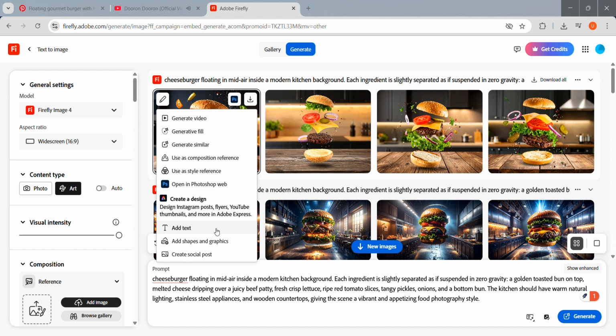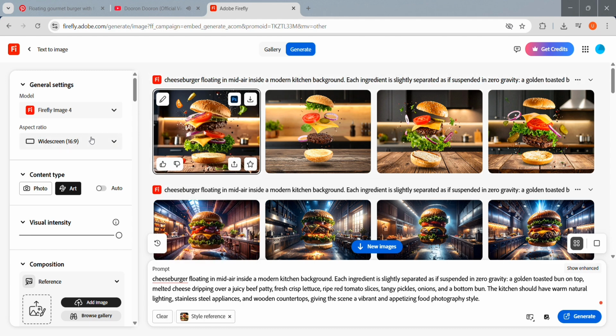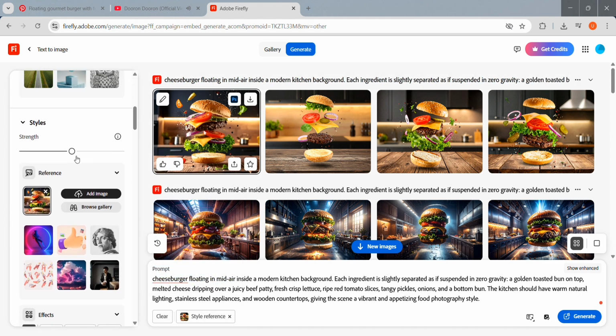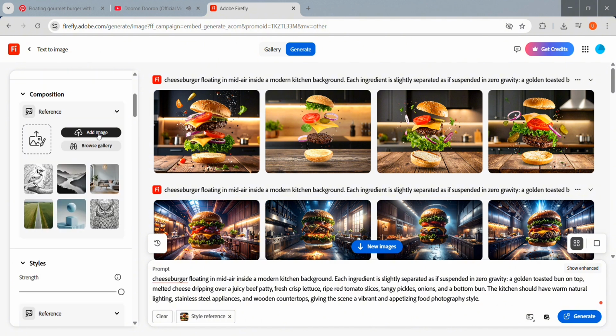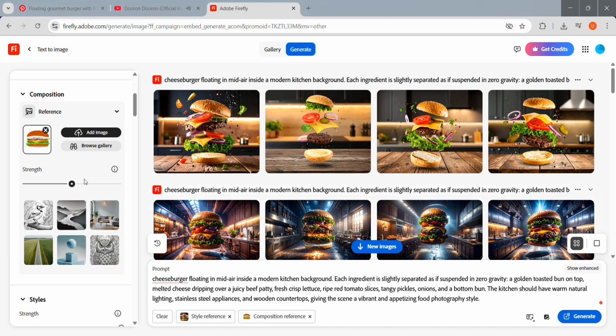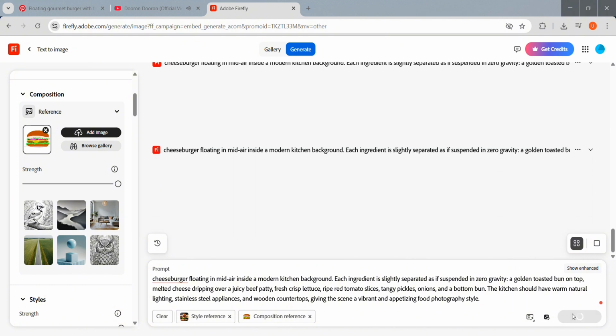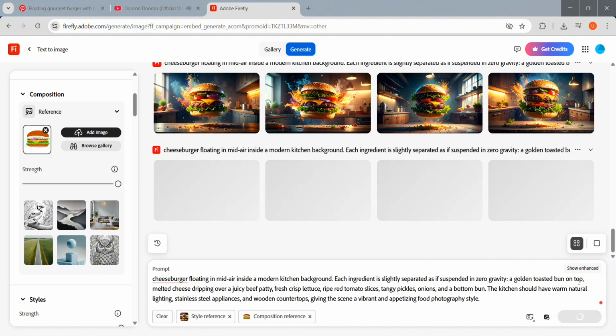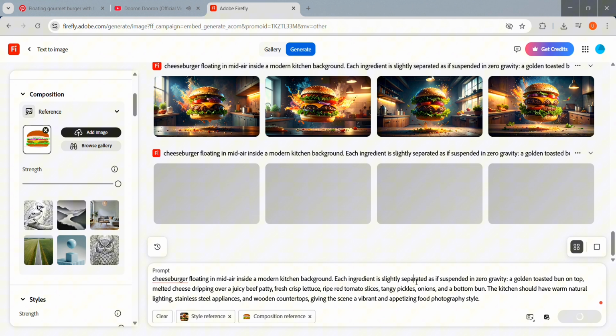And I like this first one that I created. It feels real. It feels like you have clicked a photo shoot for these food pictures. It looks very, very mouth-watering. And then the mess also adds to it. Okay, so I'm gonna just tell it to use the reference as a style reference, and let's see what Firefly is going to do.